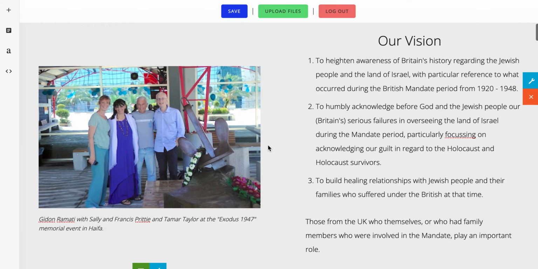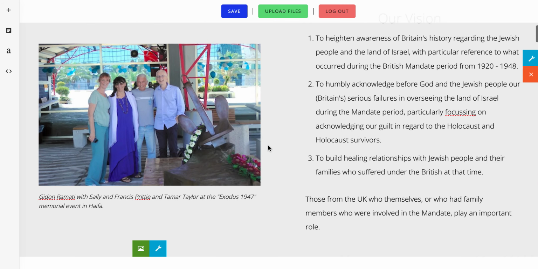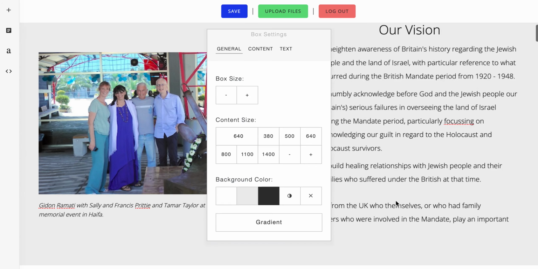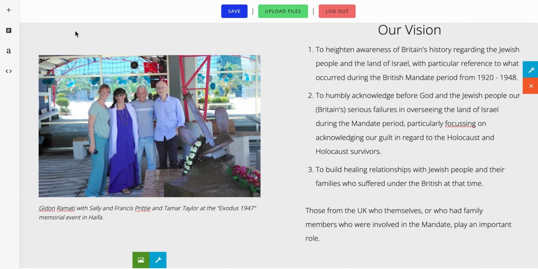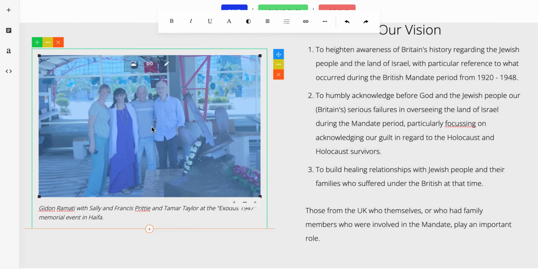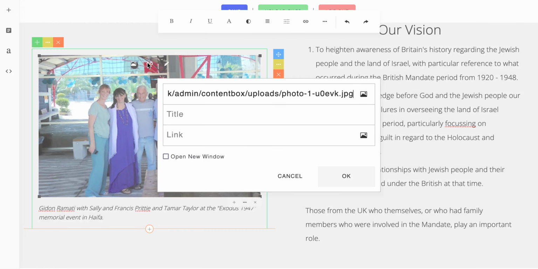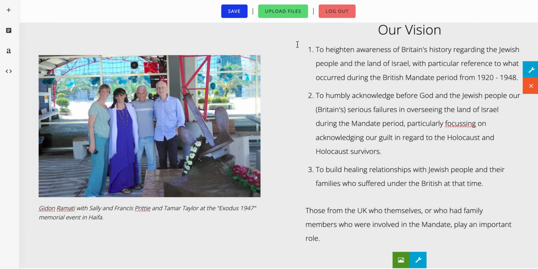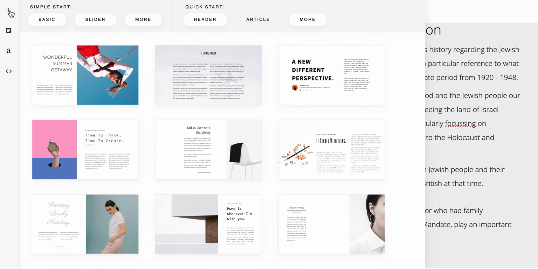If you want to take one of these sections, for example, and you want to duplicate it, I don't think you can duplicate the complete block itself, but only parts within it. But you can change a picture, you can add a link from a picture, there's the link to that image, title with a HTML link to another page. You can do various different things, and probably the best way of discovering more about it is actually to drag in a